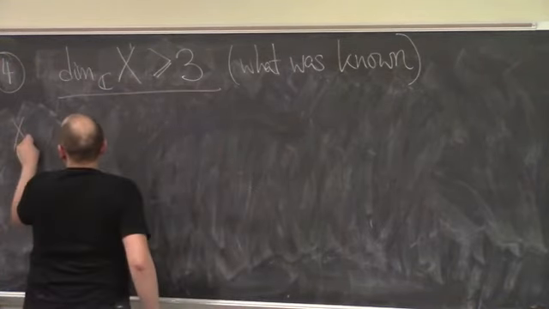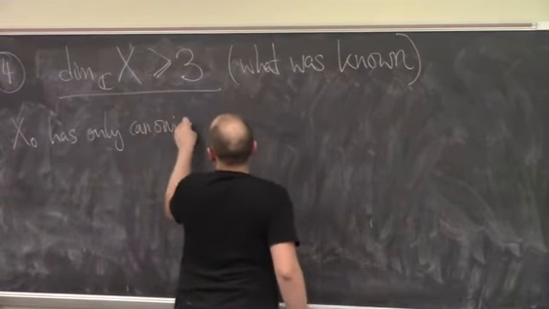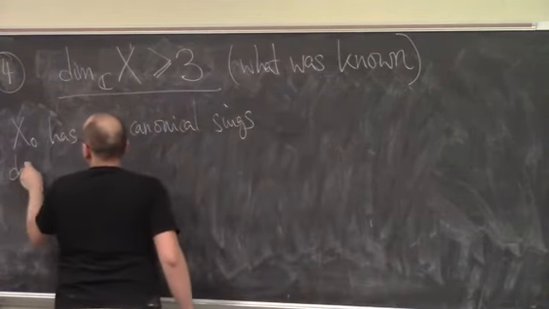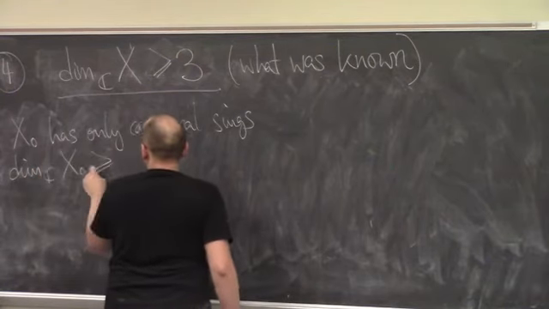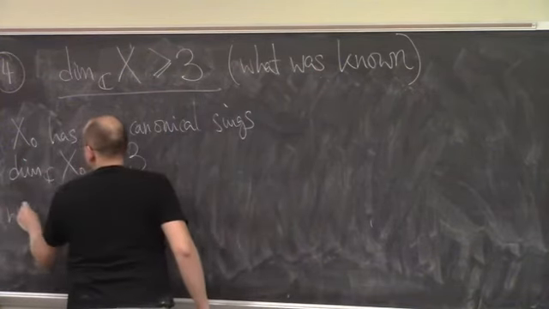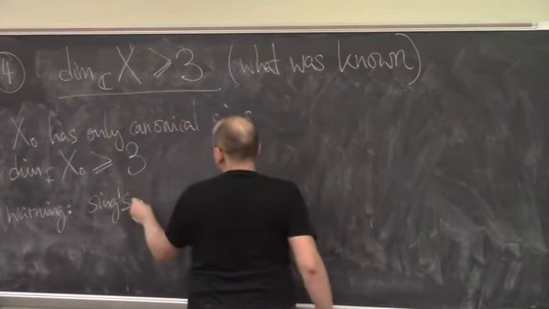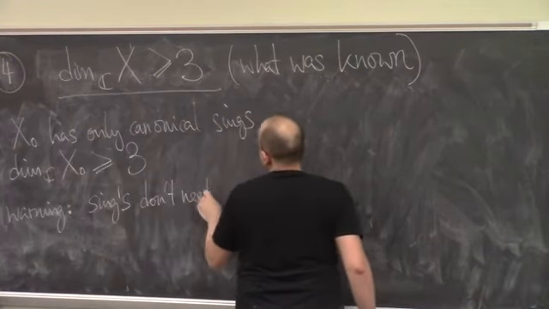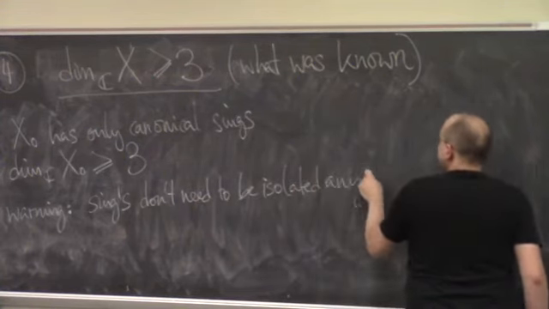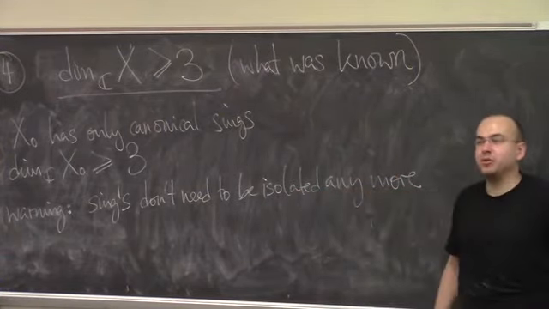So again, I'm going to assume X0 has only canonical singularities. Complex dimension is at least 3. Warning: singularities don't need to be isolated anymore. There's one more thing I can say: if they are isolated, the way I set it up, they're never going to be quotient singularities,